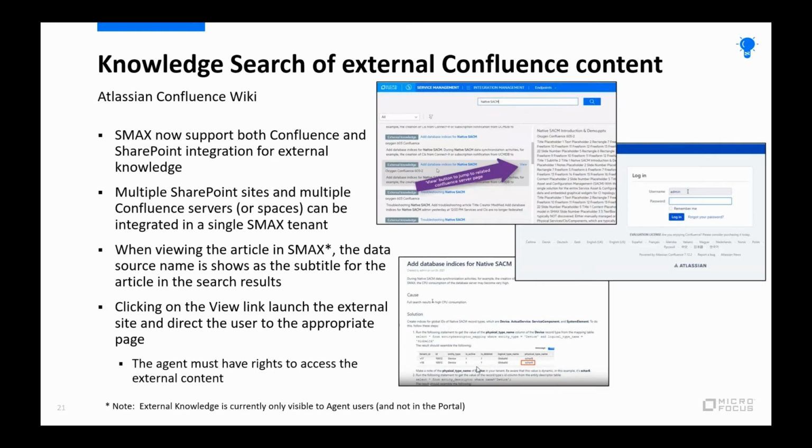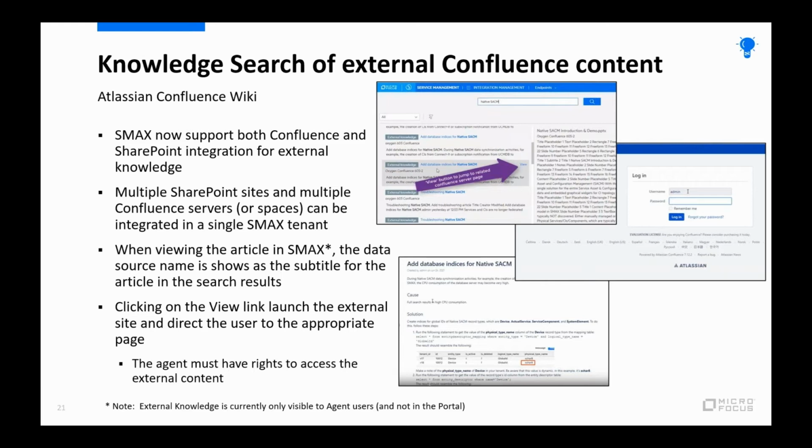So this is really helpful for those cases where you have some content that is managed by a team that is not going to move their knowledge process into the SMAX knowledge management module. So maybe they have their own process, external, owned by another team that manages that content, but we still want to expose that to the agents in SMAX as useful information so that if they're in live support, they can see that as potentially helpful, or if they do a global search, they can find that knowledge and hopefully